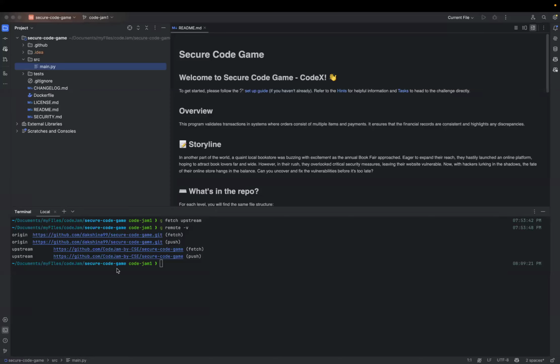Let's say CodeJam by CSC is the organization. In CodeJam by CSC, there are some committers who are responsible for that secure code game repository. They will thoroughly test your pull requests and integrate them into the system. Integrating them means adding them to the main branch.